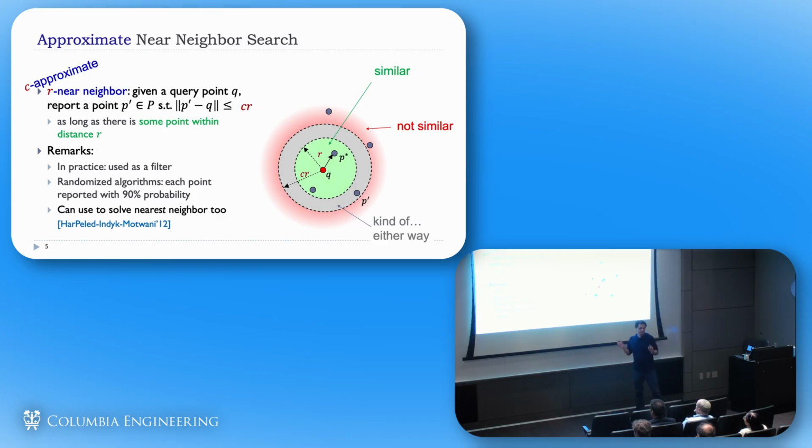In fact, we can prove a formal connection that you can solve the nearest neighbor problem, the original one that I mentioned, the approximate version of it, by reduction to this problem. So solving this problem will be good enough for our purposes.